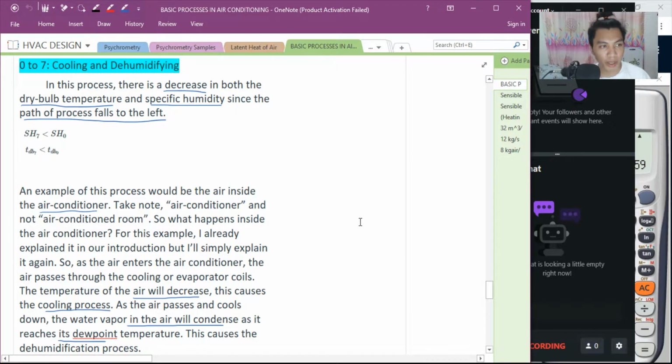Okay, let's start with cooling and dehumidifying. I have here two problems in this topic. So we have been tackling heating and humidifying earlier, and now cooling and dehumidifying. In this process, to refresh your memories about the discussions we had last time,